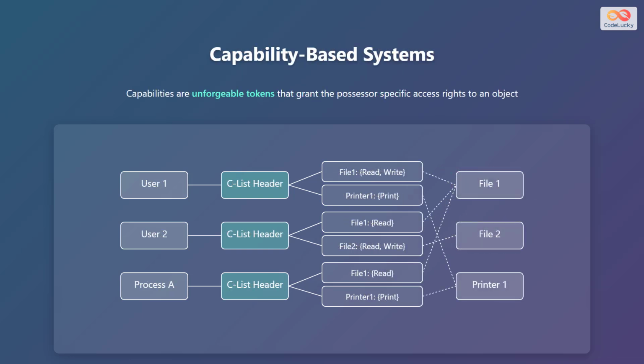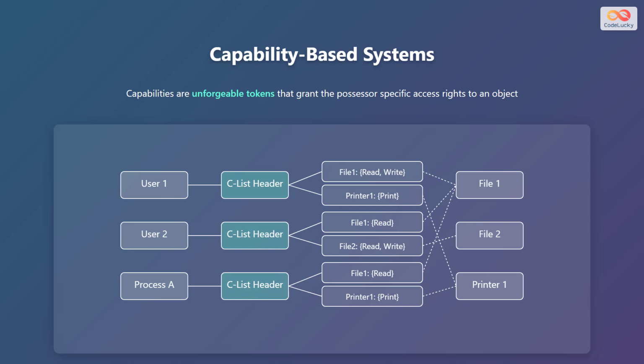Let's explore capability-based systems. Capabilities are unforgeable tokens that grant the possessor specific access rights to an object. Each user has a C-list header which associates them with various resources they can access. User 1's C-list header shows they can access file 1 with read and write permissions and printer 1 with print permissions. User 2's C-list header allows them to access file 1 with read permission